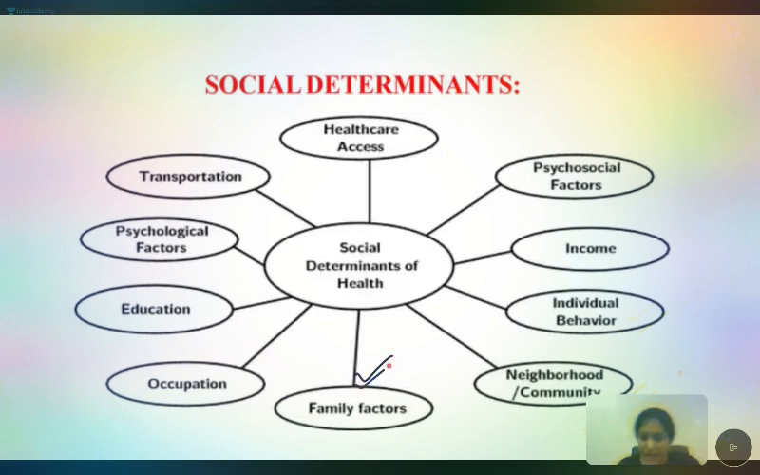Family factors, like these are mostly neighborhood, community, family factors. This is also related to food habits, like nutritional deficiency diseases, etc. Okay. Next, occupation, occupational diseases, because you are getting the disease because of your job, because of your occupation. Then education,